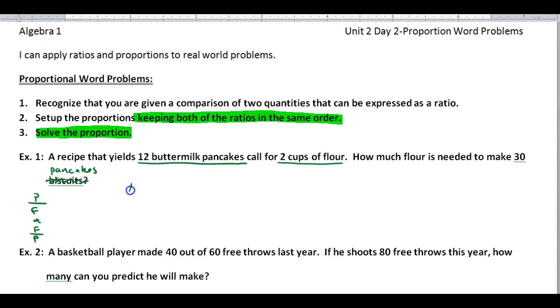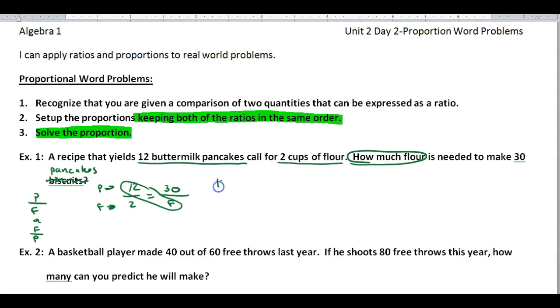So let's go. 12 pancakes to 2 cups of flour should equal, we're looking for the amount of flour here. So we don't know the flour, so our denominator would be our variable, needed to make 30 pancakes. So we would put 30 on top. Notice, pancakes are on top, flour on bottom. And now we solve